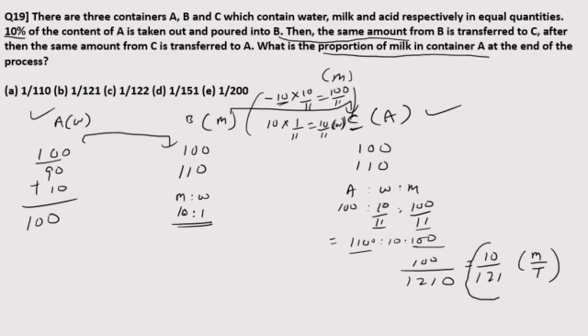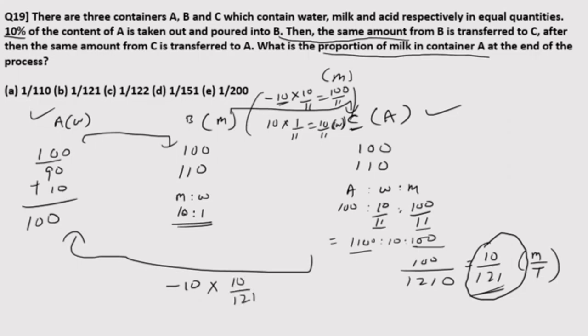Milk is basically 10 by 121 parts. In vessel C, I bought 10 liters from vessel C and added to vessel A. In that 10 liters, milk will be how much? Milk will be